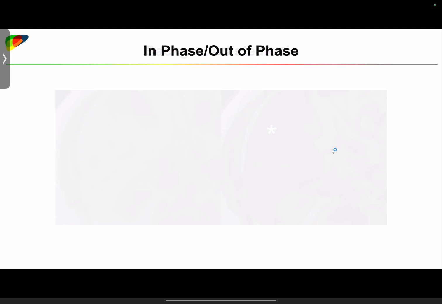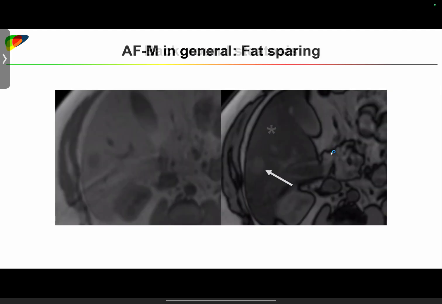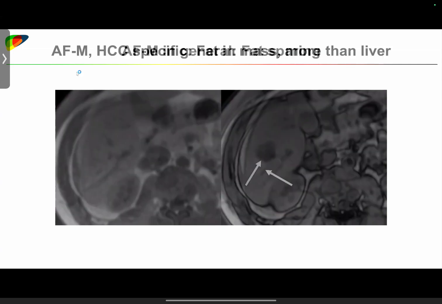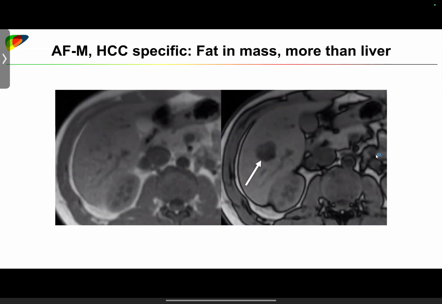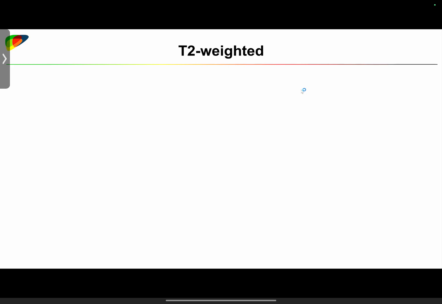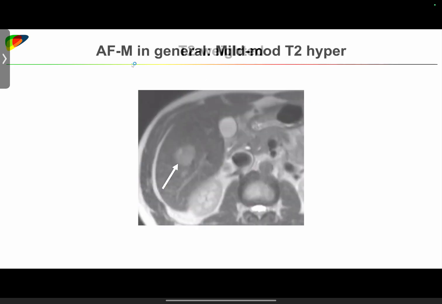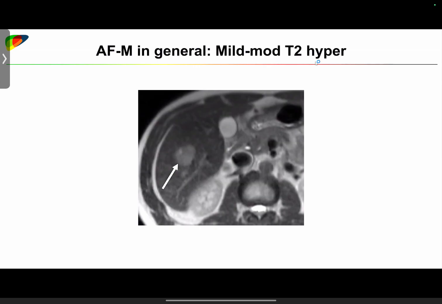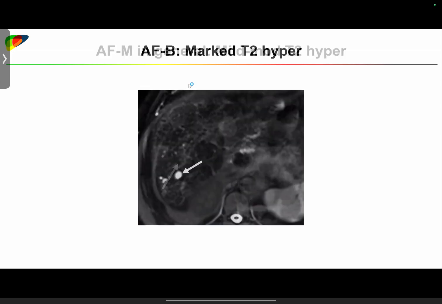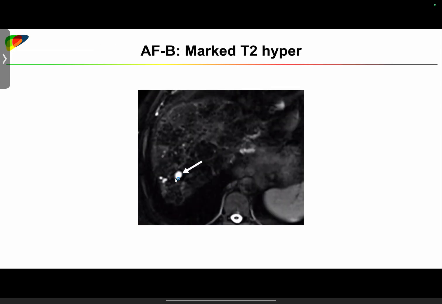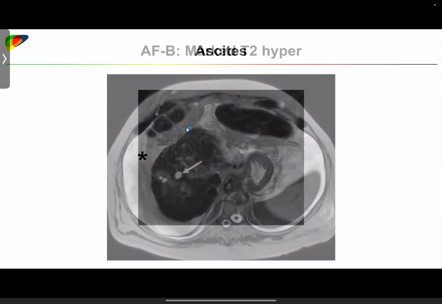MRI has additional required sequences. These are in and out of phase images, which allow us to detect background steatosis and then fat sparing in mass, and then internal fat in mass, which are ancillary features of malignancy. We have to acquire T2 weighted sequences. We can detect mild to moderate T2 hyperintensity, which is our ancillary feature of malignancy. We can detect cysts and hemangiomas as marked T2 hyperintense signal, and of course other things, including assessment